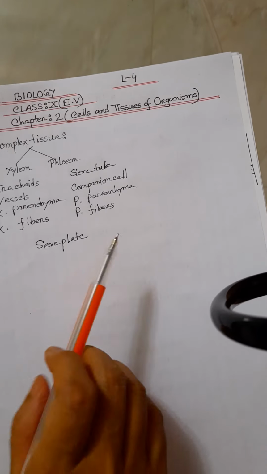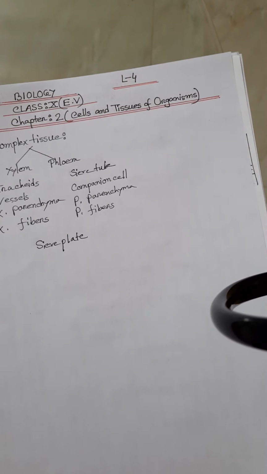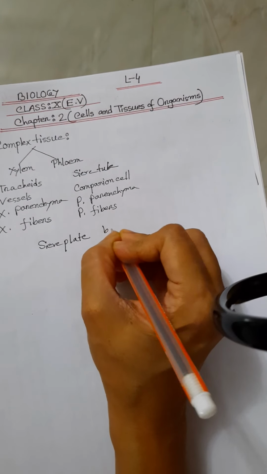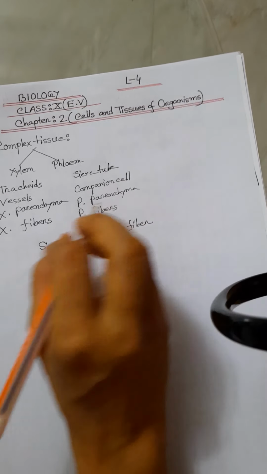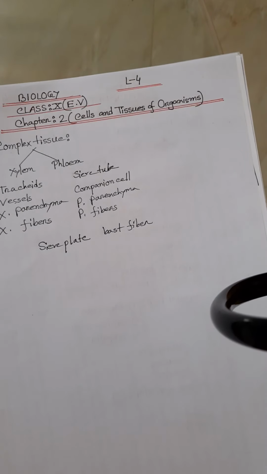Last one, phloem fiber. Phloem fibers are sclerenchyma cells. These long cells are arranged end to end with each other. They are also called bast fiber. The fibers of jute are such bast fibers. These types of fibers are developed at the time of secondary growth of the plant part. Pits are present on the walls of these cells.